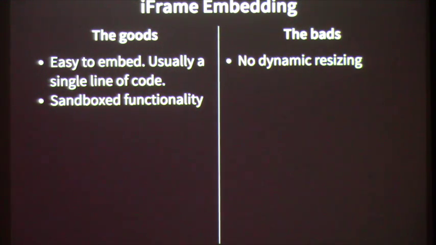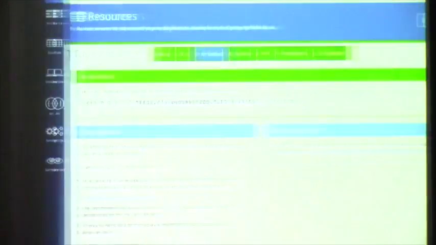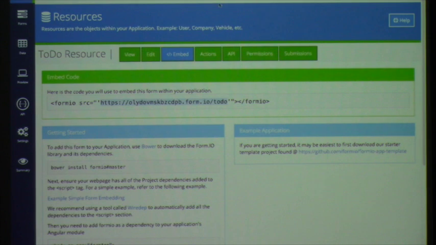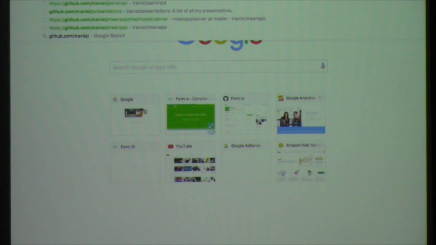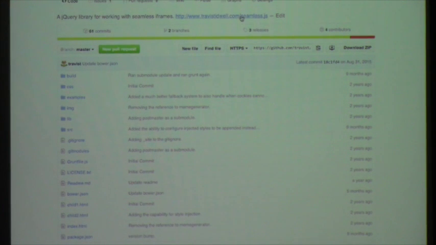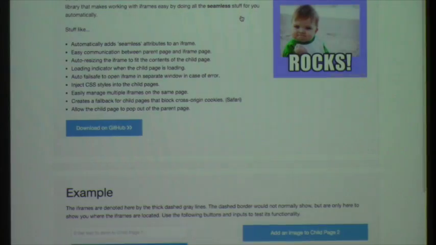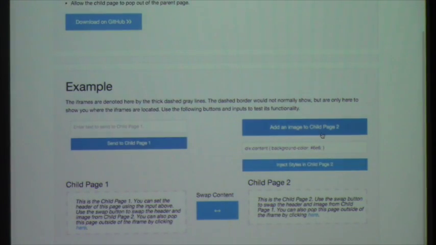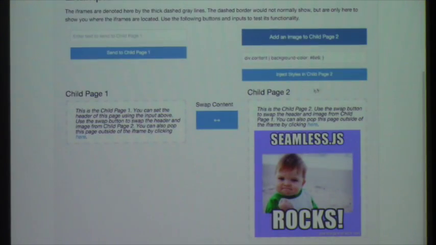The bads is obviously there's no dynamic resizing in iframes. This is actually fairly funny, and I'm almost hesitant to even show you this library, but I actually wrote a library at my previous company. And that's kind of where Form.io came from, is just some of the heartaches we were having with the previous company I came from. I wrote this library called Seamless.js, which really kind of makes working with seamless iframes much easier, to where you can do some really cool stuff, like inject an image and the iframe immediately resizes to fit the content. So you can solve some of these problems with the library,